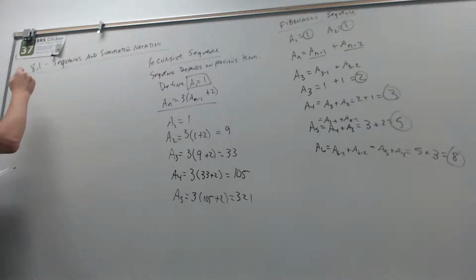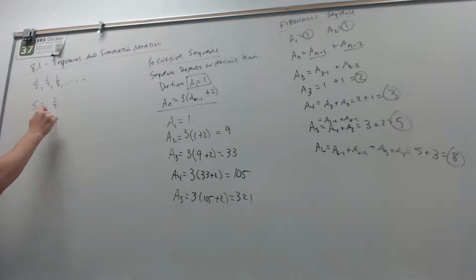Let's say I had a sequence 1 over 2, 1 over 4, 1 over 8, etc. And I said find the sum. So S of 1 would equal the sum of the first term, which would be 1/2. S of 2 would be the sum of the first two terms, which would equal